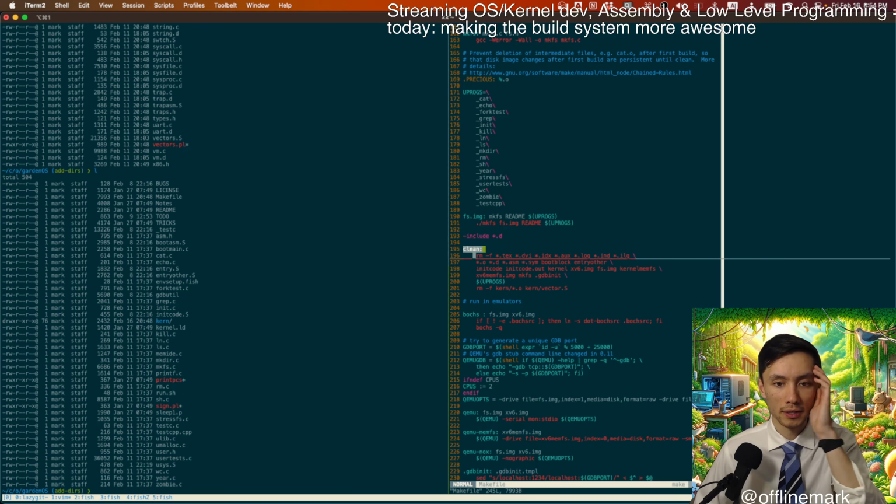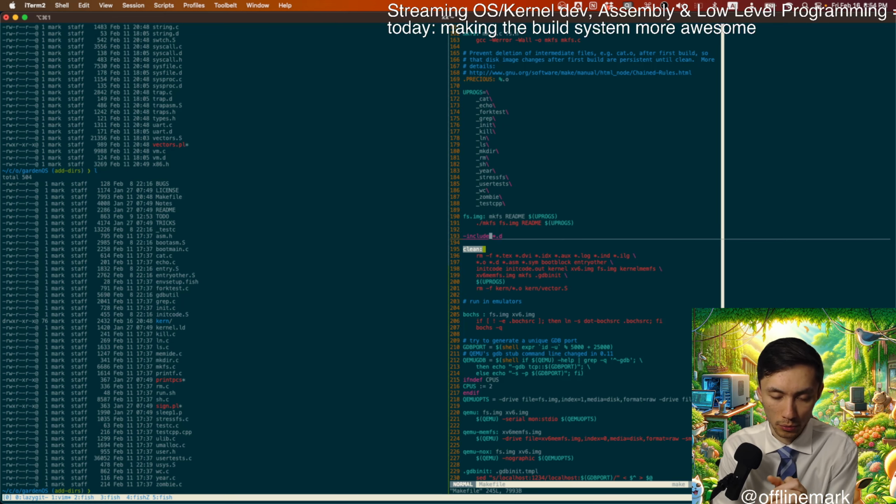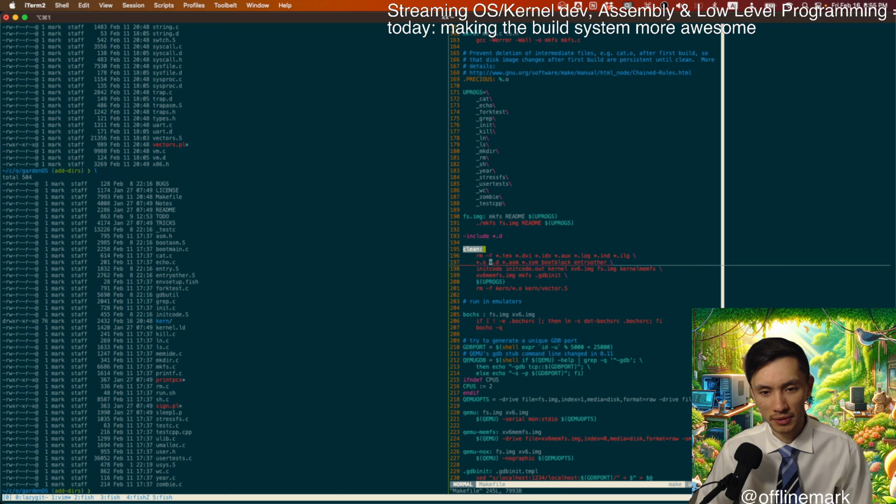Okay. So this is kind of annoying because the clean rule of the makefile manually specifies a bunch of stuff. And yeah, so the simplest solution is to just simply add another.